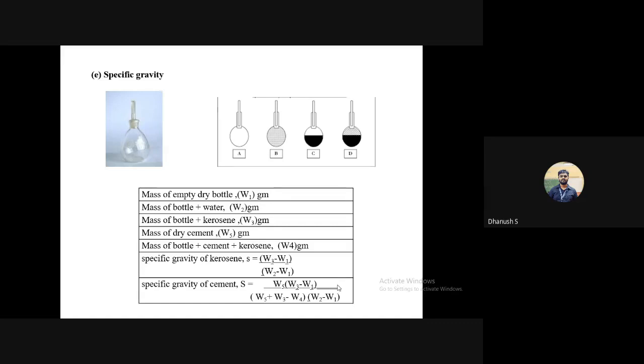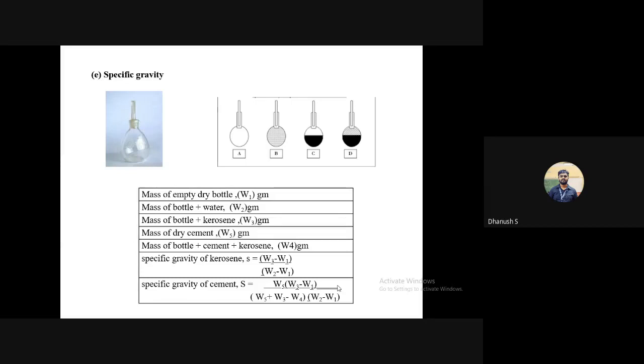But at this stage, we'll make a more scientific definition. Write this down if you want. So specific gravity is the weight of a particular material divided by the weight occupied by an equivalent volume of water. If you sit down and think about it, both the definitions are exactly identical.